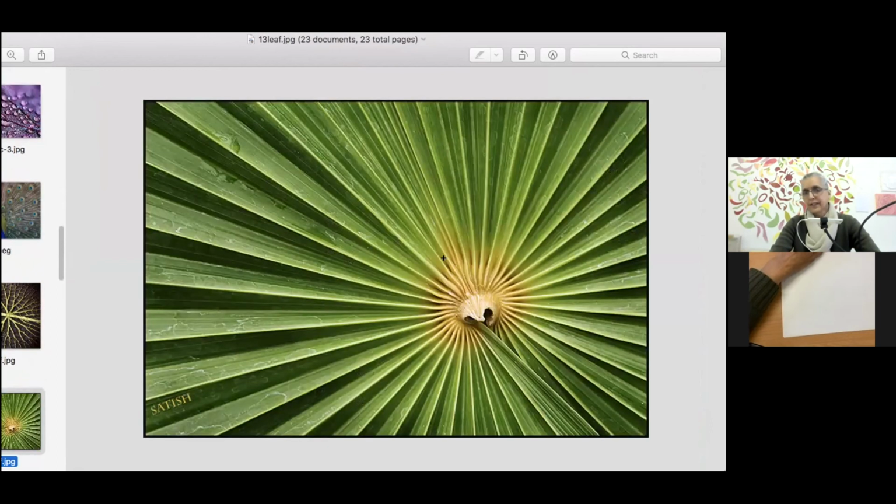Quite different this time, the middle of a palm leaf, almost drawn by a ruler. You would think how, but they project from this kind of middle bit and project outwards. The energy almost like transmitting from the center and spreading into the outer bits of the leaf.